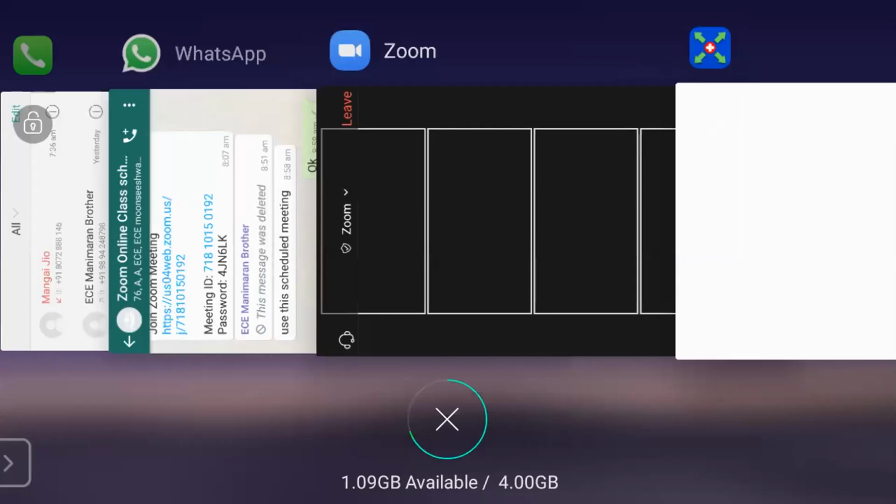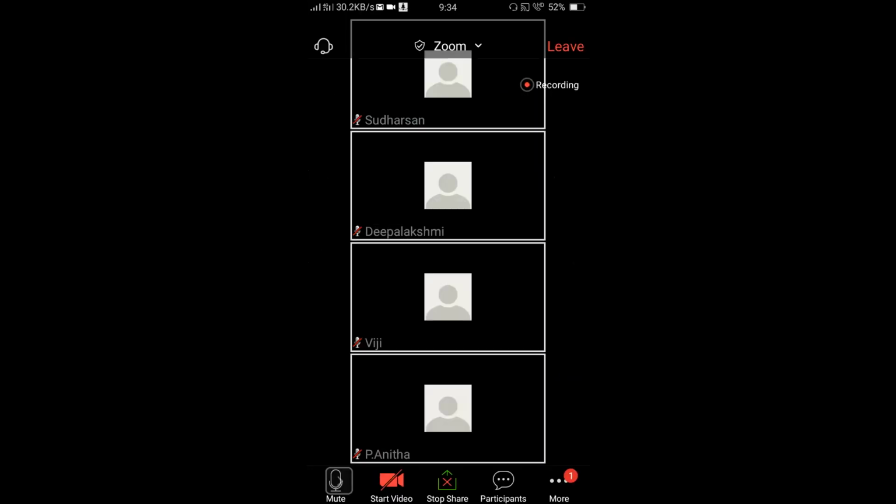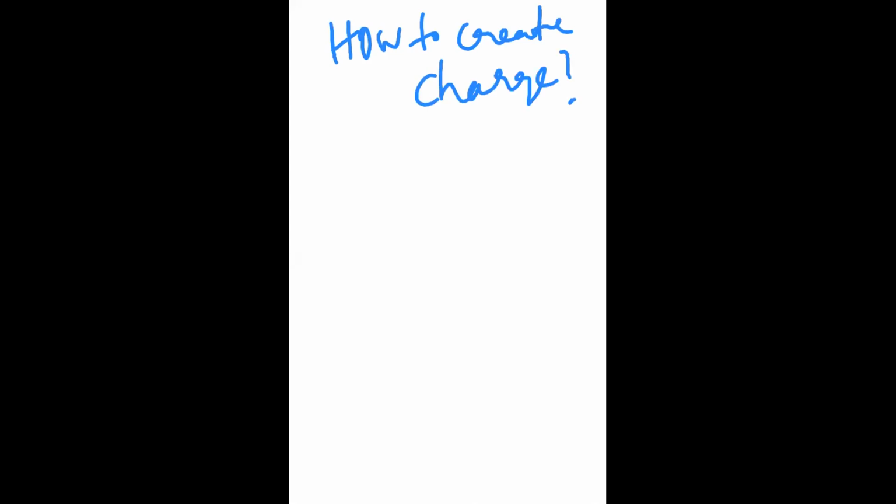Now I'll try to explain what Coulomb's law is. Before Coulomb's law, we should know how to create a charge. Anyway, we are always discussing charge. Now my question is how to create a charge. Anybody? I think it is available from the 6th standard itself. So what is static electricity? How to create a charge? Okay, anyone?